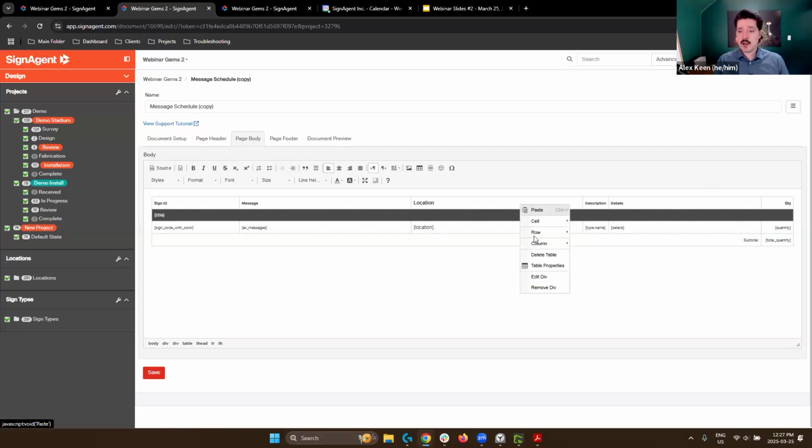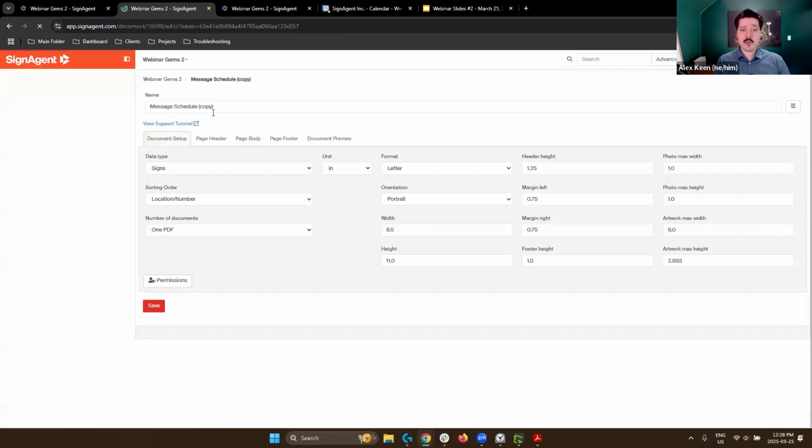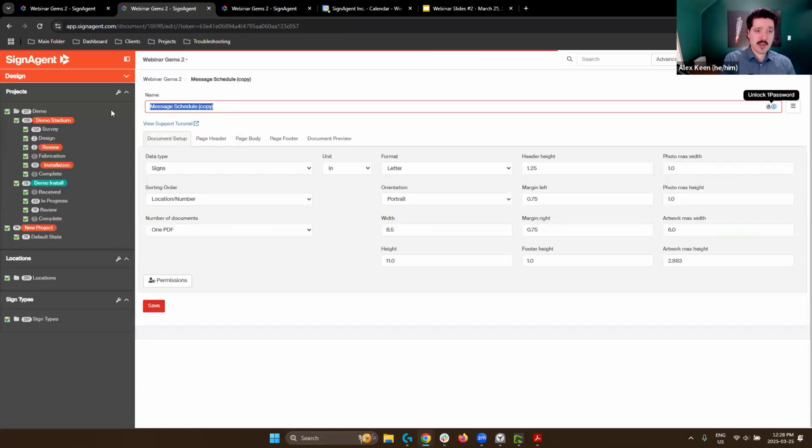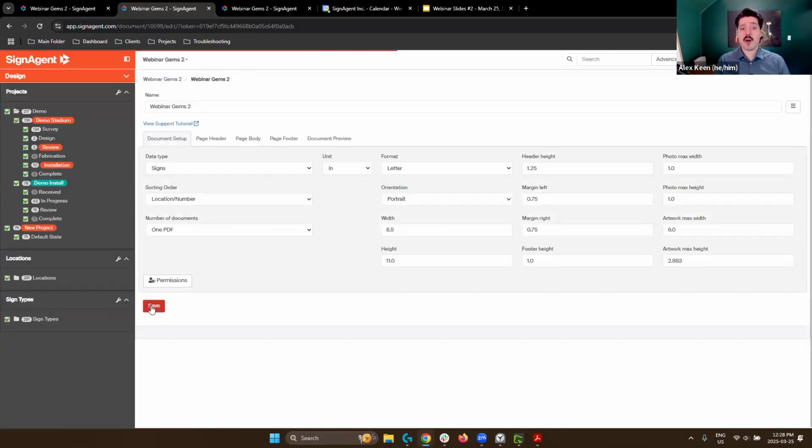Let's also add an extra column here, and we're going to pull in information about the tags. So you can tag an individual sign and still have that show up in these kinds of reports. You'll notice I'm choosing pretty simple ones to write because I happen to remember them. And so we're going to save this report, and whatever we call it, let's call it something unique. There we go, it is now going to be something that is available from our PDF drop-down reports,